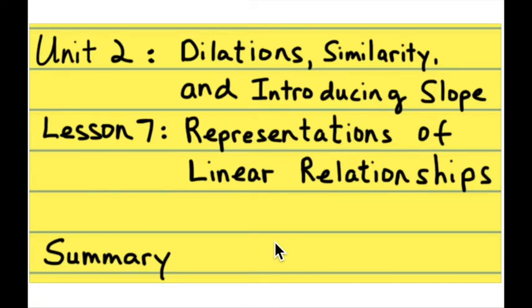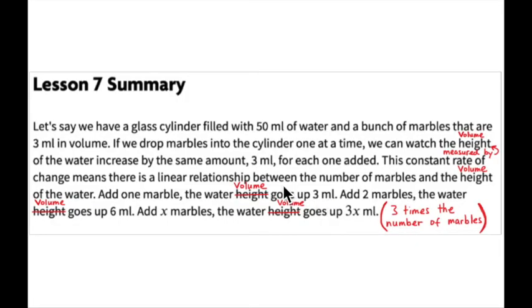This is the summary for lesson 7, which was representations of linear relationships. They begin with this summary talking about the marbles and the volume of water in the cylinder, and they described it as measuring the height. If you remember that very first activity, we observed that the height was proportional to the volume. So you could measure the height, and that would tell you what the volume was